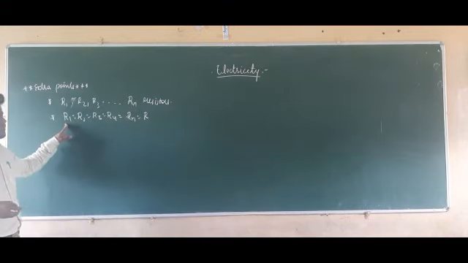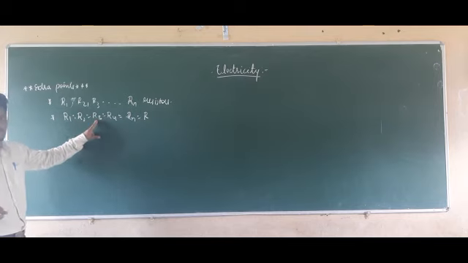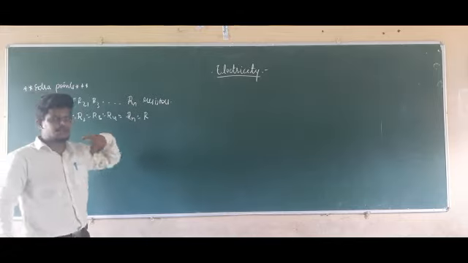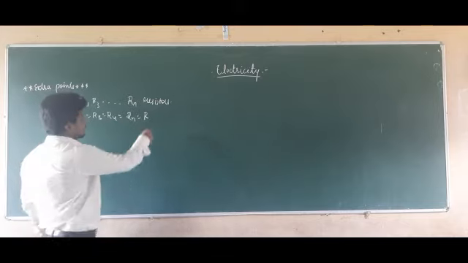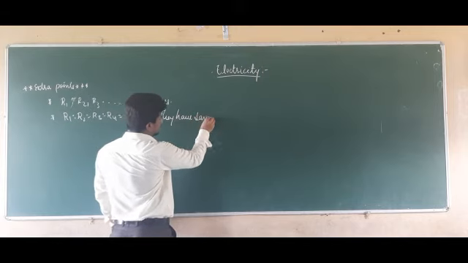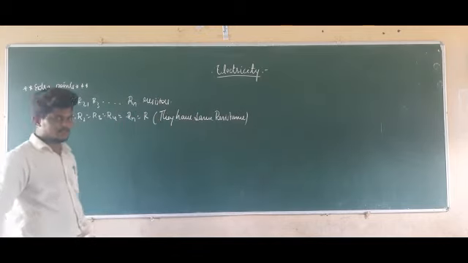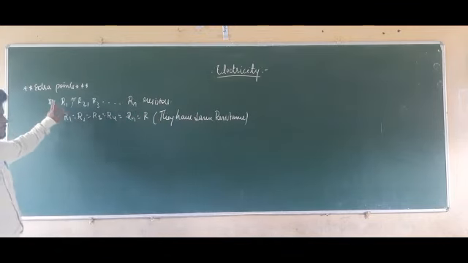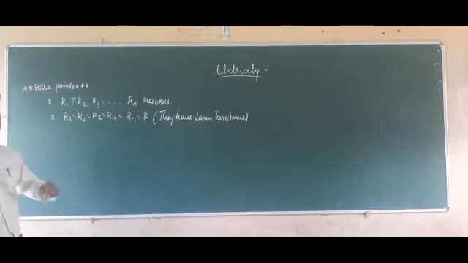So whatever the value here, if R1 is 10 ohms, R2 is also going to be 10 ohms, and so on up to Rn. Up to Rn, those resistors all have the same resistance R. So we have to calculate the total resistance in series connection as well as the total resistance in parallel connection. So first,